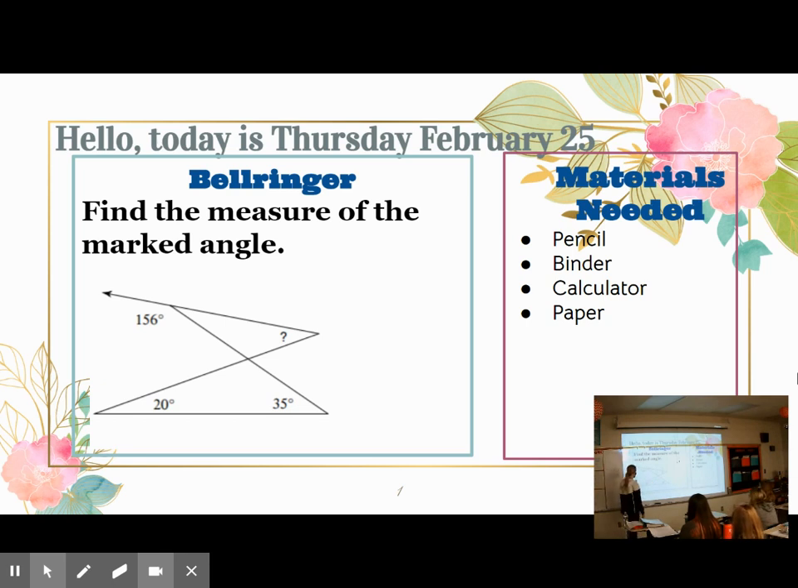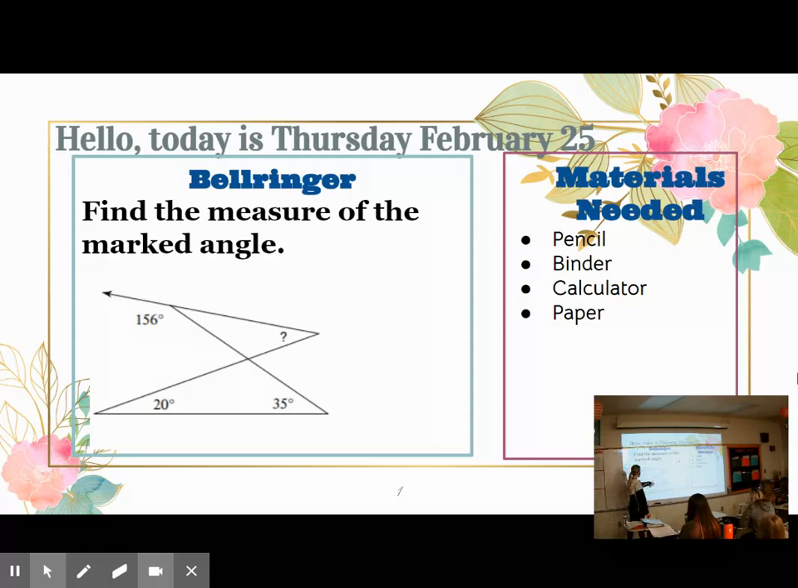Natalie is going to explain to us how she did the bell ringer. Let's pay close attention in case anyone made a mistake. And Natalie, talk kind of loud so the person watching the video can hear you, because they really can't see what's written on the board. All right, go ahead. So I added 20 plus 35,